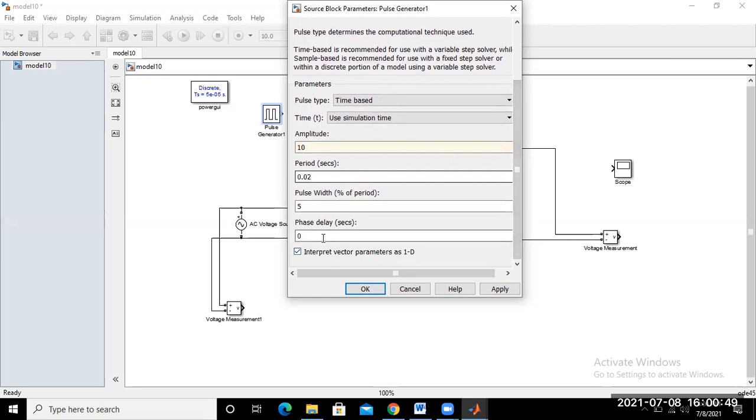What is the phase delay in seconds? How can we find this out? At which phase angle delay do you want to supply the gate pulse to thyristor number 1?